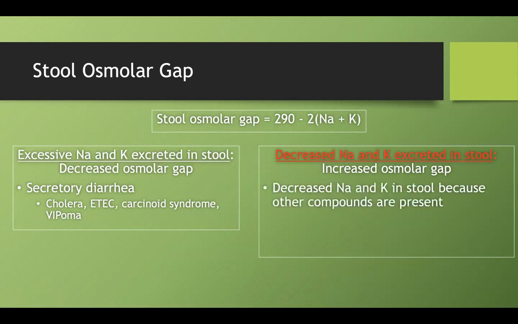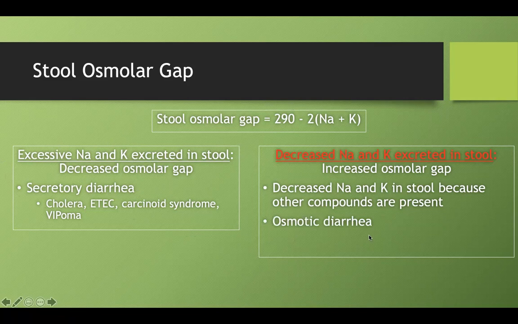You have decreased sodium and potassium in your stool because you have a lot of other compounds present. If you have a lot of other compounds present, that's going to comprise most of this 290 concentration. Instead of it being sodium and potassium, other compounds in the stool are helping to increase this number. And so what compounds would cause that? Well, anything that can cause an osmotic diarrhea could cause that. So instead of secretory diarrhea, where everything's just getting thrown into the stool, including sodium and potassium,